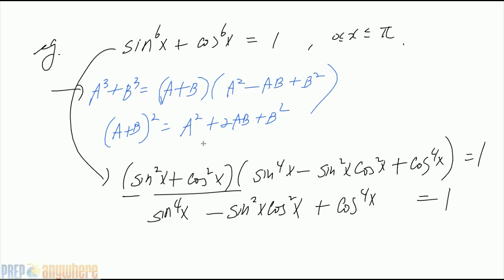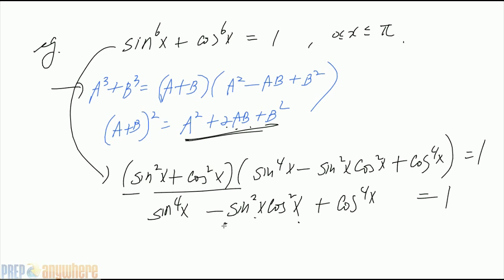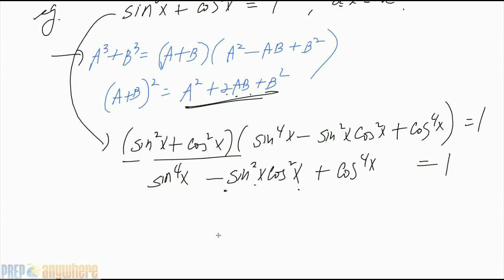If you want to use this formula now, you need a 2ab, right? But we have a minus 1ab if a was sine x squared and b was cosine x squared. In such cases, you make it. You want it, so you put it there, but you just make sure that you undo it somewhere else. Right? So I need a 2 sine squared x and cosine squared x. That's what I need. So I put it there,